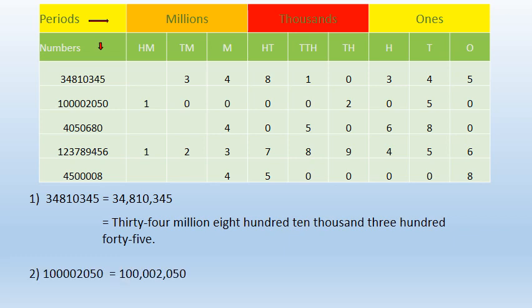The number we have written as it is, we have placed the comma and it is divided into 3 periods. This is ones period, thousand period, million period. So we are going to read it together. So this is million period. So how we are going to write this, as 100 million. 002 we read together, it becomes 2000, and 050 we read as 50. So what is our answer? 100 million 2050. Let's take an example.